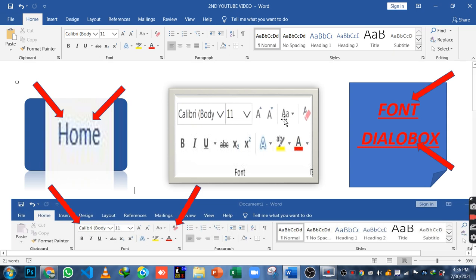Like if you want to make your text in small alphabet or big capital alphabet, you can do that with the help of change case. And you can also change the color of your text, and with the help of the text highlighter you can highlight your text.